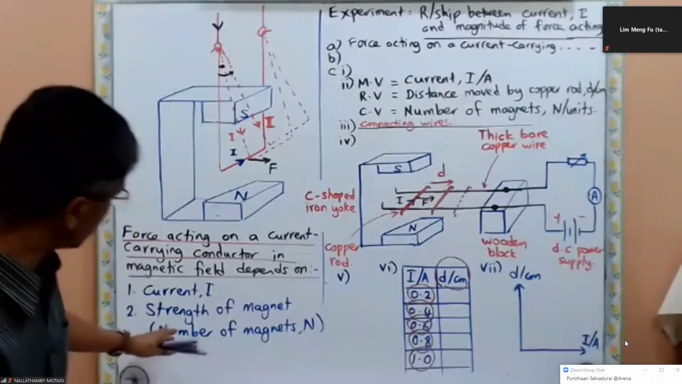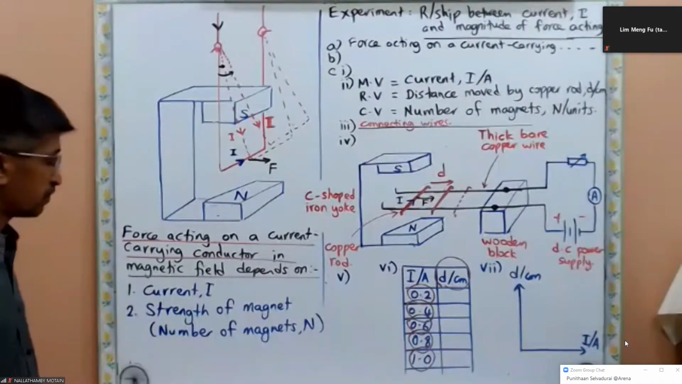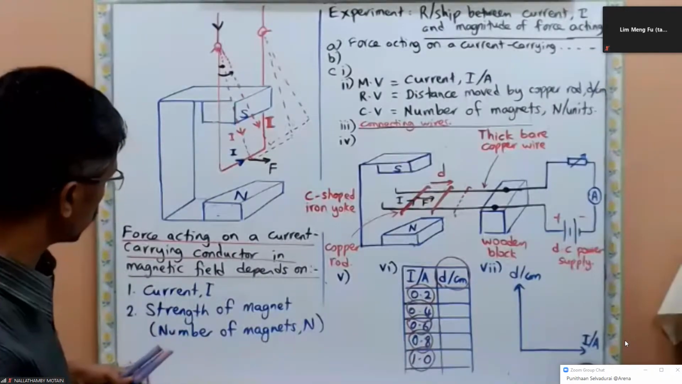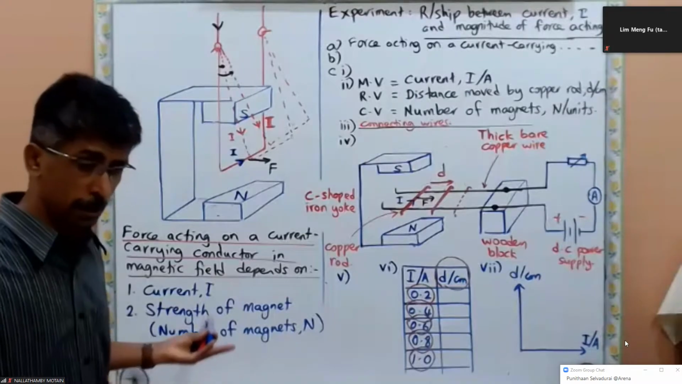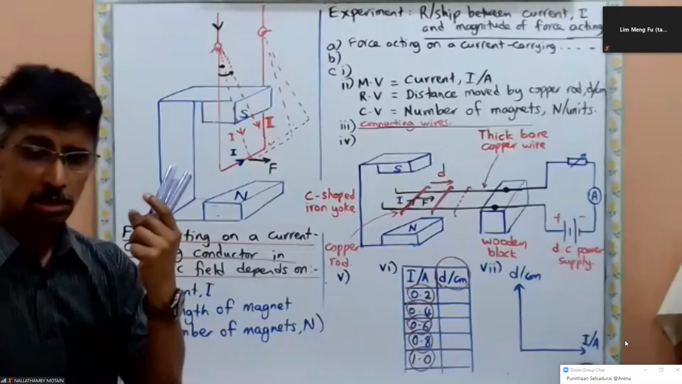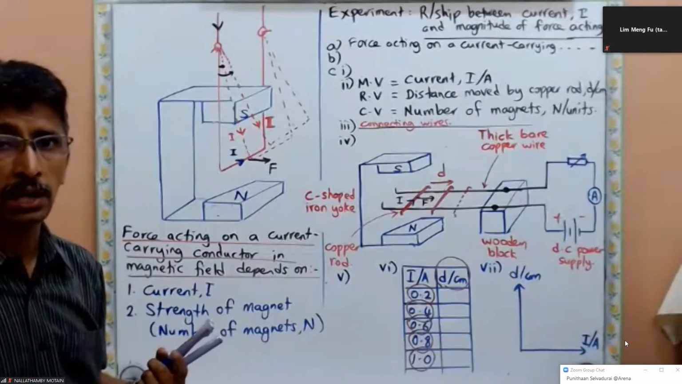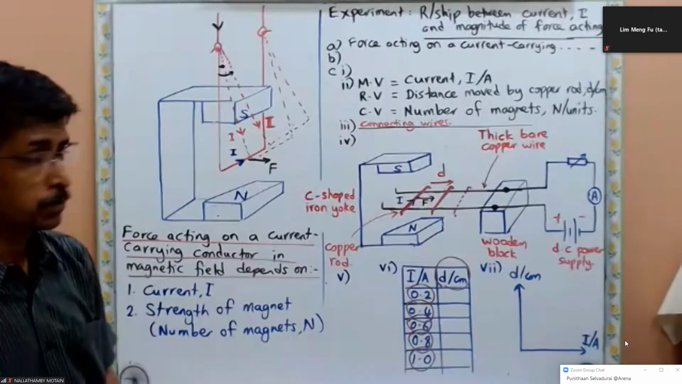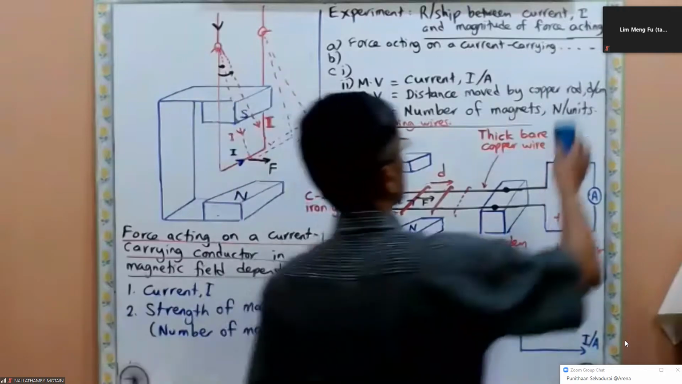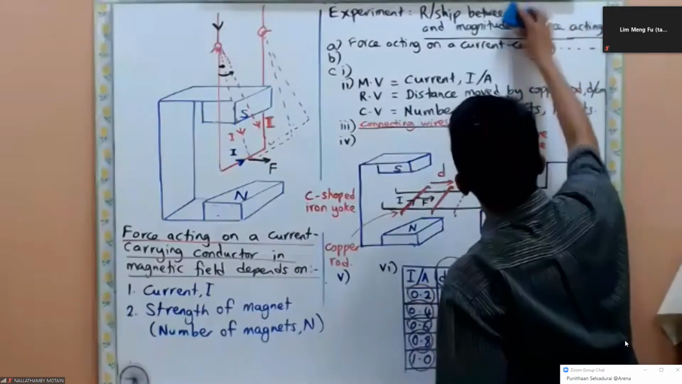Okay, now how about the strength of magnet or number of magnets? Let's say we are using a strong magnet. How to increase the strength of magnet? If you can measure the strength, okay, no problem, but we cannot measure strength. So what we are going to do is increase the number of magnets. Okay, don't copy this, just listen. We want to find the relationship